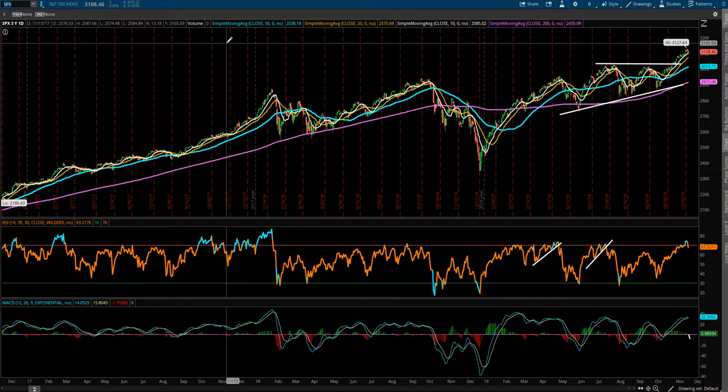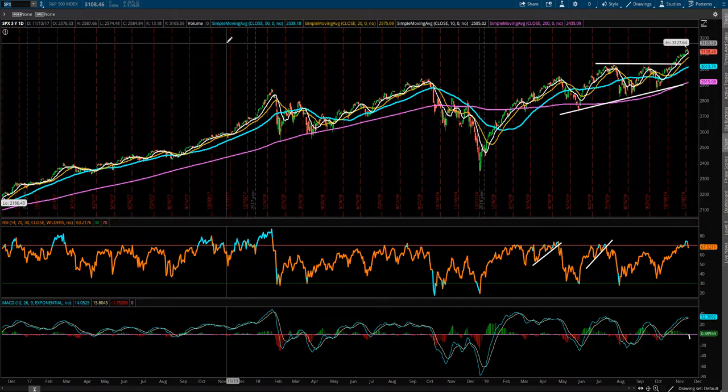So the Case-Shiller PE ratio is the price to earnings ratio based on the average inflation adjusted earnings from the previous 10 years. And when we look at the Case-Shiller PE ratio, there's really only 2 times in history we have been at this level or higher. 1929, Black Tuesday, we were right around that 30 PE ratio level, and then during the dot-com bubble, we ran all the way up to 45. And so right now we're sitting at 30 again. So historically a very expensive market, and that of course is something that is a concern for us.